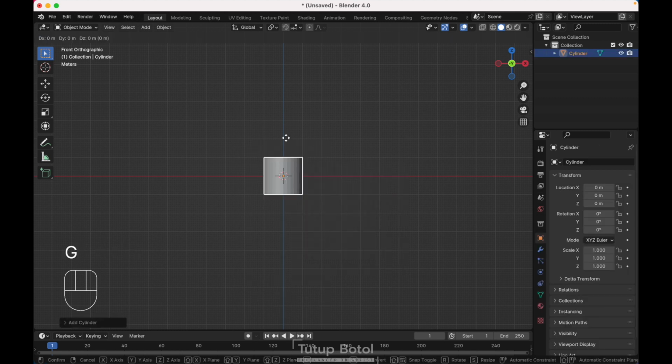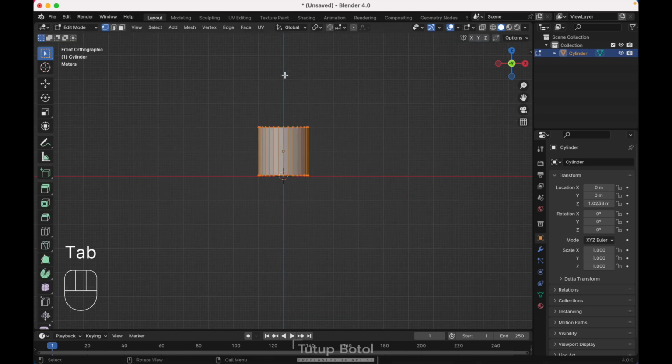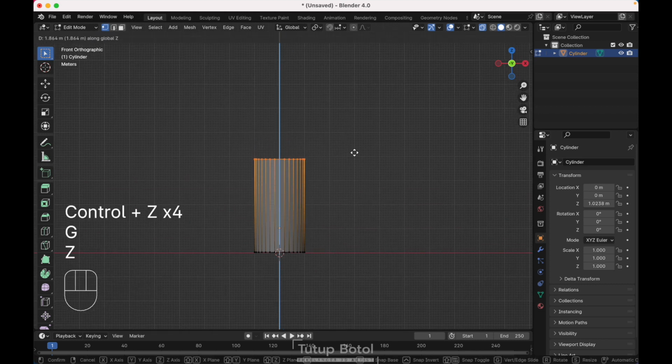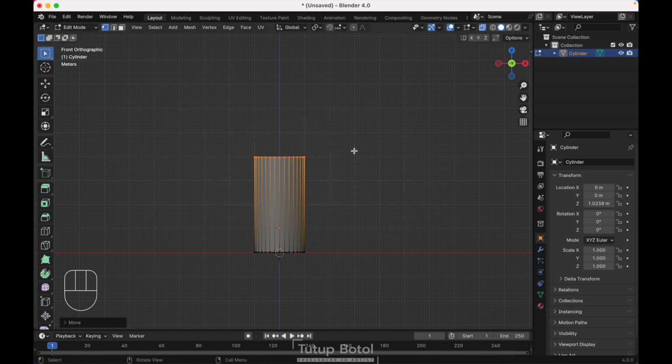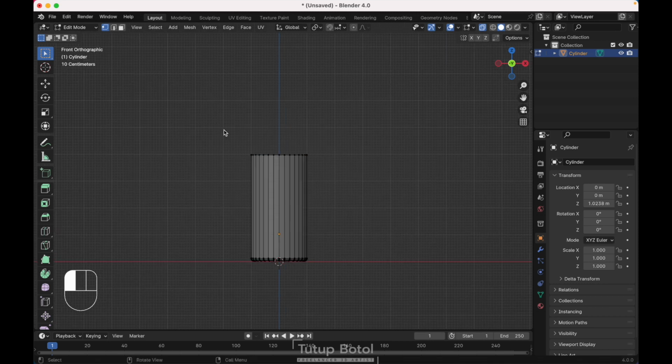We need a cylinder. Press G Z to move your cylinder up on the Z axis, move it up here. Tab to edit mode, press Alt Z to see the X-ray view. Select all of this edge, press G Z, move it way up here, just like this, and select all of this bottom edge, press Ctrl B to bevel it, increase the segments, just like this, and select this edge,